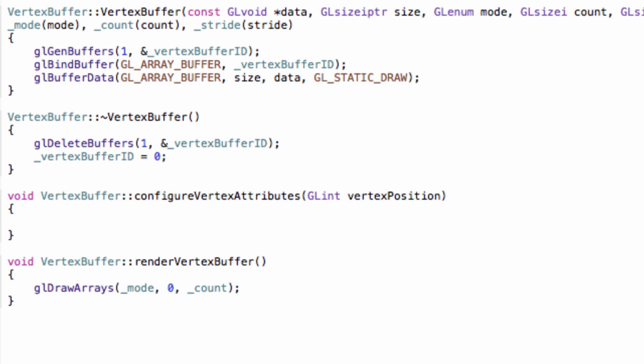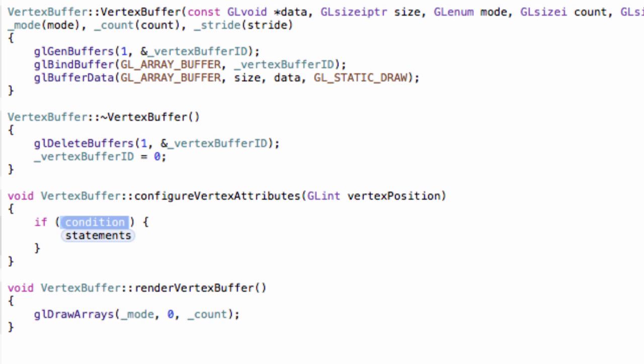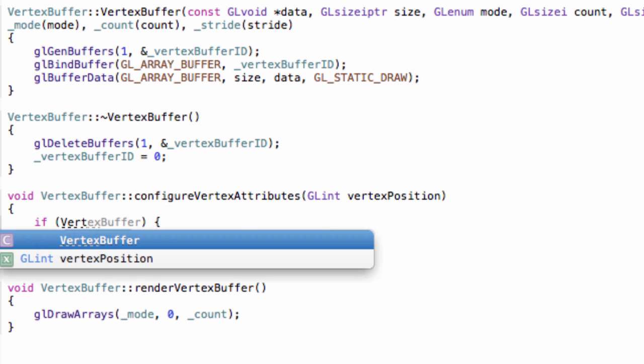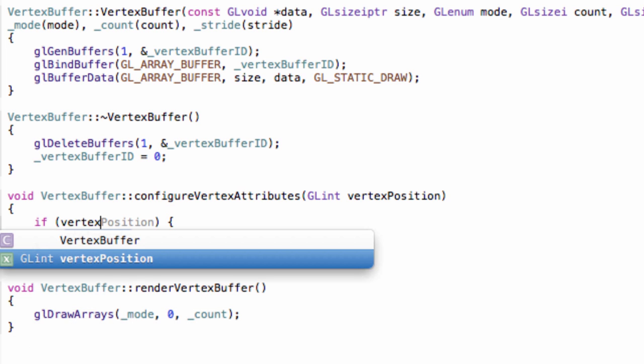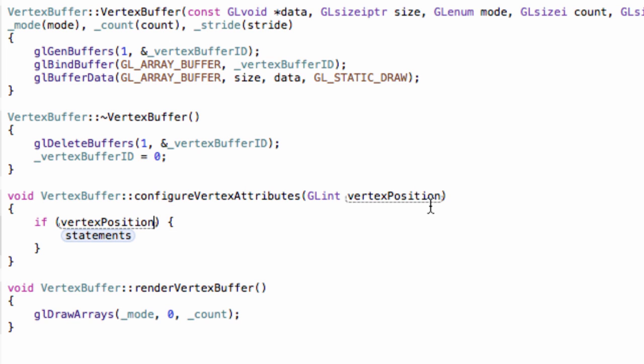Well, it's kind of more complex. So first up is the if statement. So if vertex position, and that's a bad name actually. I should rename this to handle. Yes. Or actually just leave it as vertex position. So if vertex position does not equal -1,